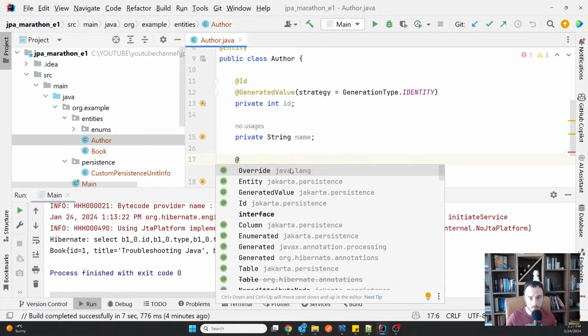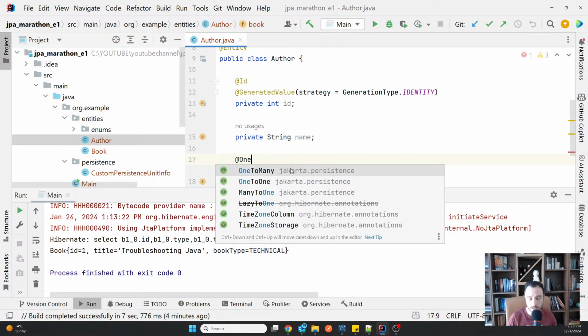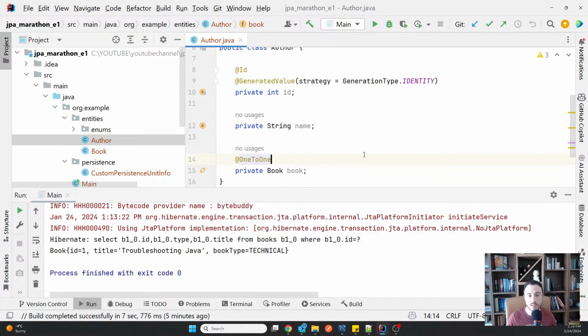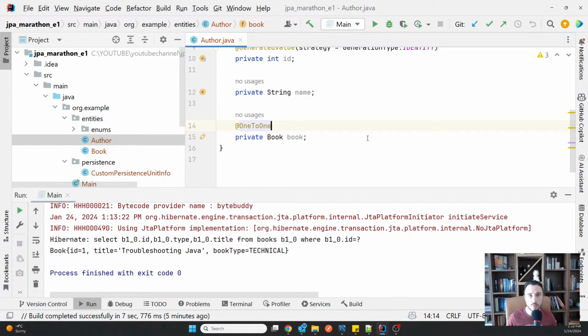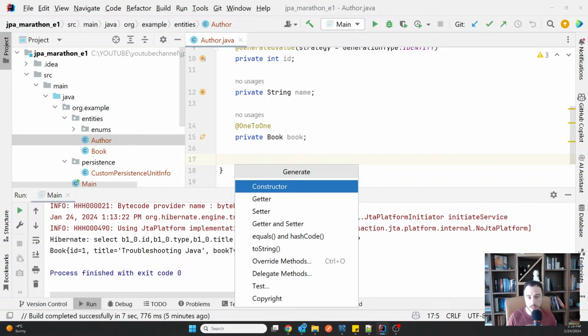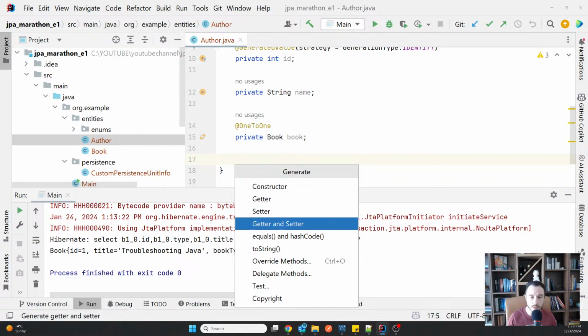I know it's not realistic for the moment, but I don't want to change my entities just to make it realistic. Just assume in this case an author can only publish a book and the book might only be written by an author. This is one-to-one because one author publishes one book, a book can be published by one author, one-to-one, okay? And in that case, if the relationship between your entities, whichever those are, is one-to-one, then you simply have to add the one-to-one annotation over it, and that's it. So that automatically creates the relationship between the two entities.